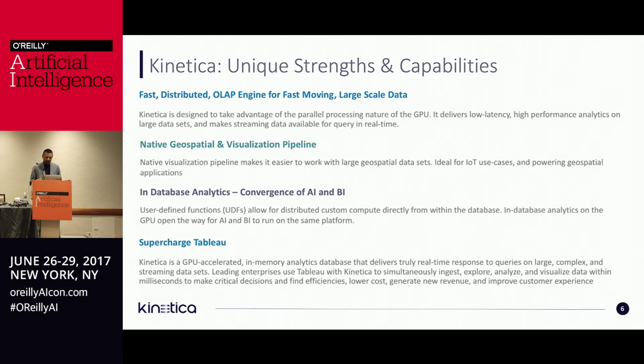So it's high performance, low latency analytics on very, very large data sets, right? So that's our primary use case. The second one is based on where we came from, right? Based on our background with NSA, the native geospatial and visualization pipeline, any geospatial queries, geospatial joins, geospatial geofencing,